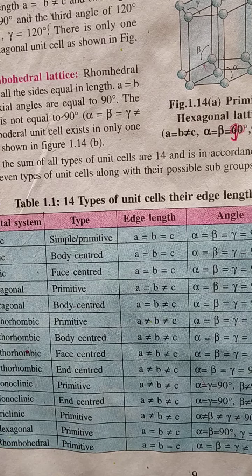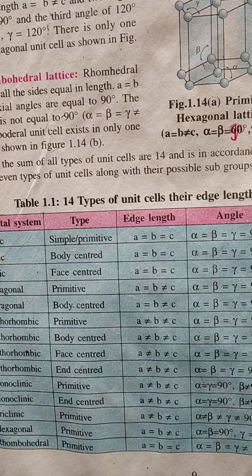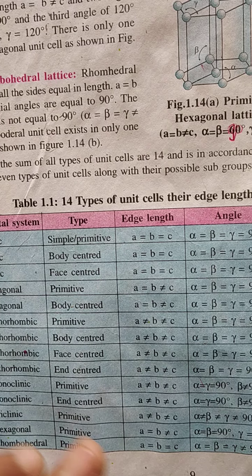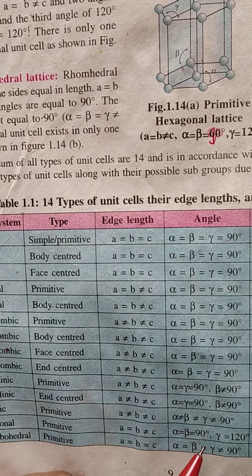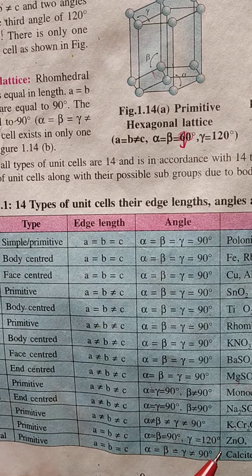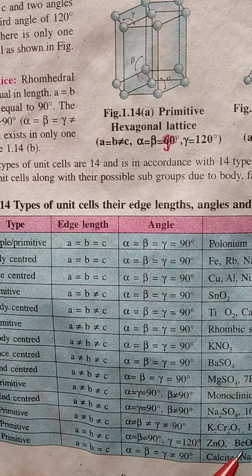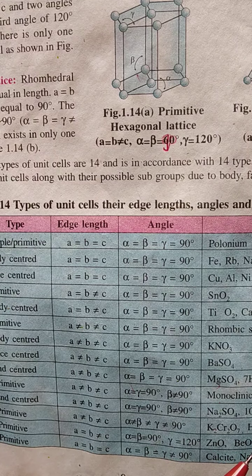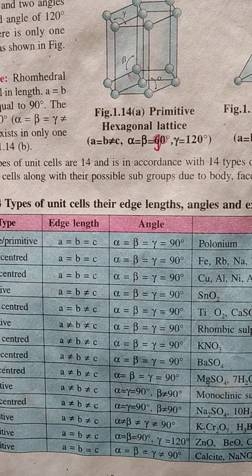Then hexagonal, in this only one type, primitive. A is equal to B, but B is not equal to C, and alpha, beta are equal to 90 degree, but gamma is 120 degree. Examples are ZnO, BeO, then CdS, SnS. And last one is rhombo